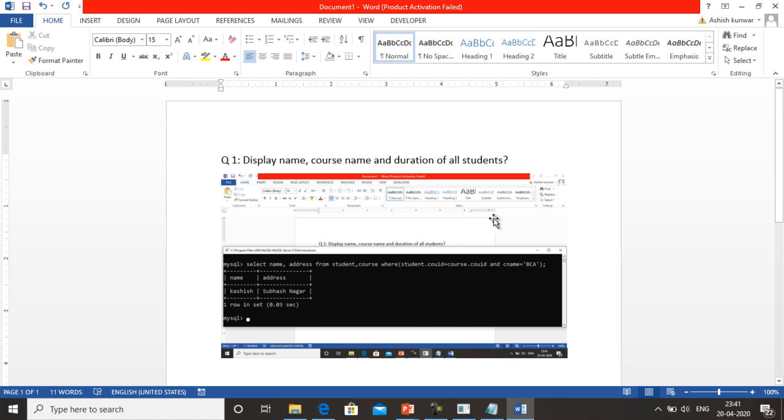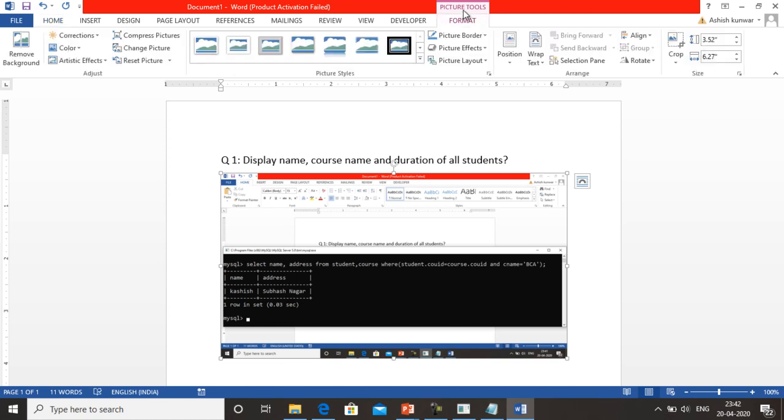So what you will do is simply click on it. When you click on it, these square boxes appear on all the sides. At the top you see there is a picture tool, that is format. Just click on it, and over here there is a crop option. Just click on the crop option. Once you click on it, you can see that these black marks appear on all the sides.